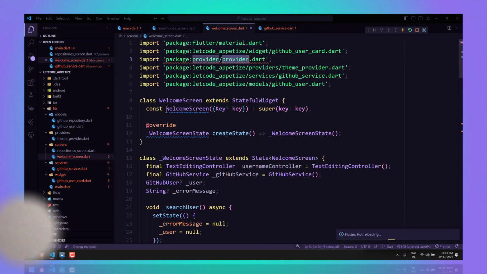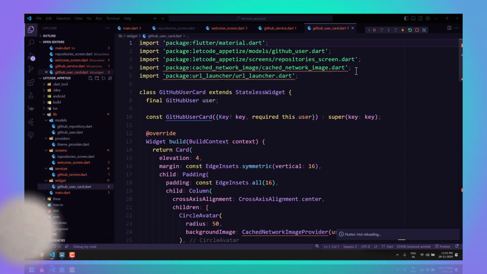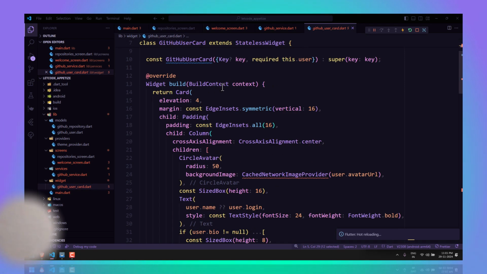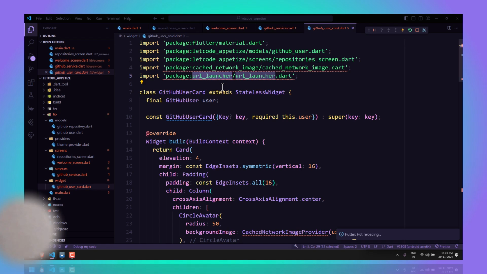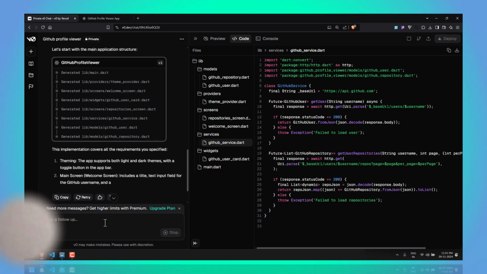And then we have this provider, and then we have this HTTP, and here cache network image, launch URL. Okay, so these are external libraries actually. So let's ask, what are the packages I have to add? Since I already have a bit of knowledge on Flutter, I understand that those are external libraries, and I have to actually